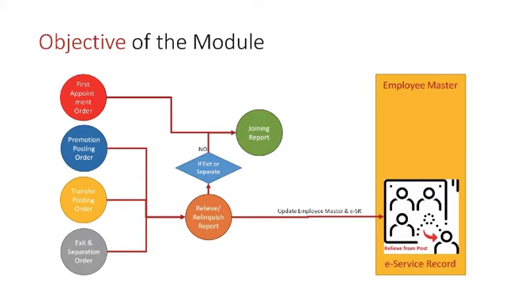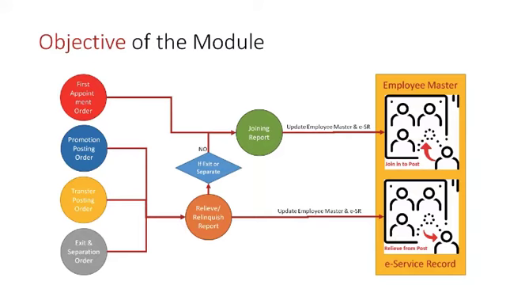Now, when the person is released from one place and is going to report at the next place, again an office order is issued. Similarly, in case of first appointment, an office order is issued, and after that he gives a joining report. He joins at a place, so that gives me a joining date. When that date is entered into the system, our employee master in ESR again gets updated. So on the left-hand side we have all the events, and in the middle we have the trigger, which ensures that data is updated, as mentioned on the right-hand side.